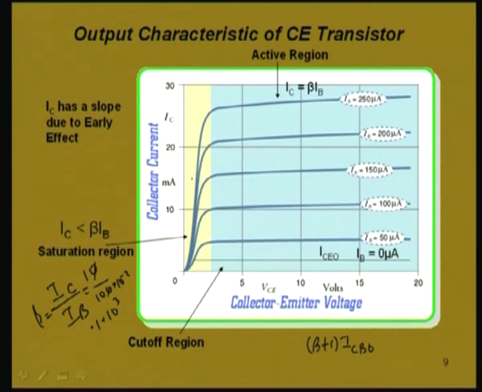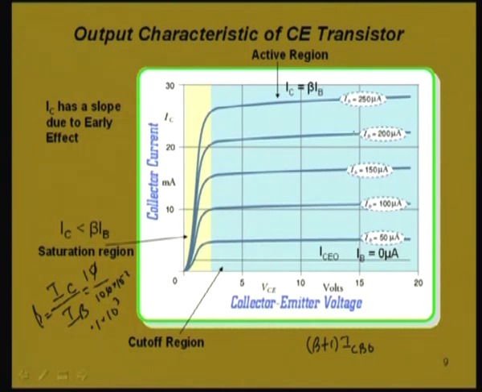Exactly speaking, that IC is not constant, but has a slope to the right. That is, we can see here that IC is increasing a little to the right. When we increase VCE, there is a slight increase in IC, and this slope is much larger than the slope that we observed in common base. In fact, common base transistor was not having any slope, almost 0 or horizontal line we were getting, but here